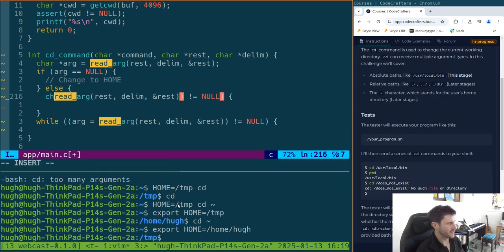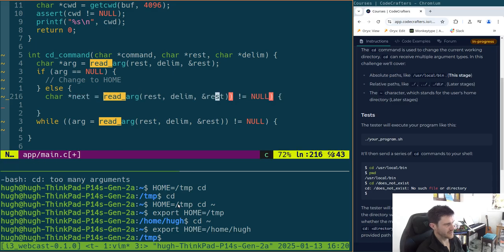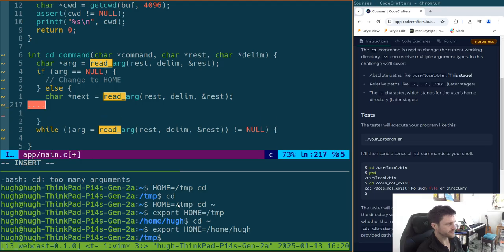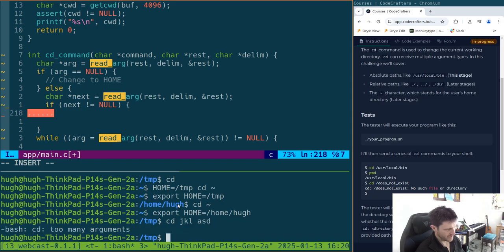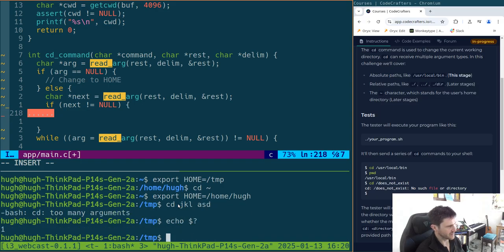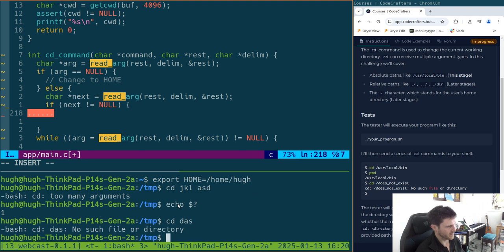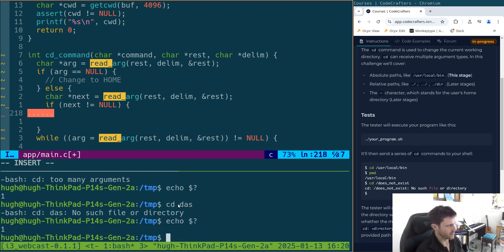We will cast next equals this whole thing. And I think if next equal not null, this will be... And what does cd return if I do too many things? It returns that. And if I give it a weird directory, it returns that. Cool. So if next not equal to null, we should probably say